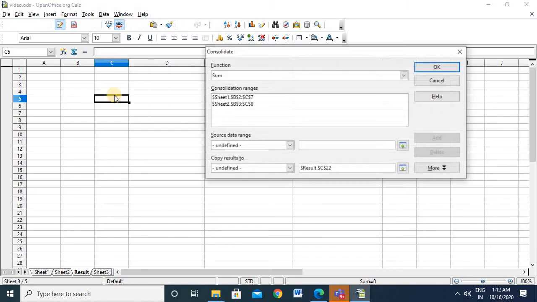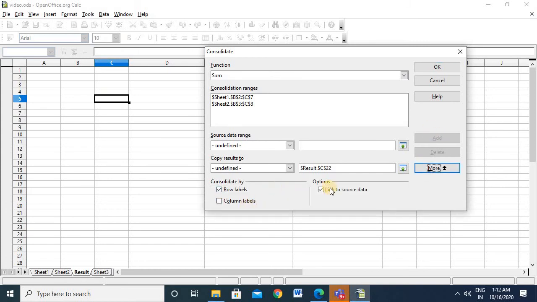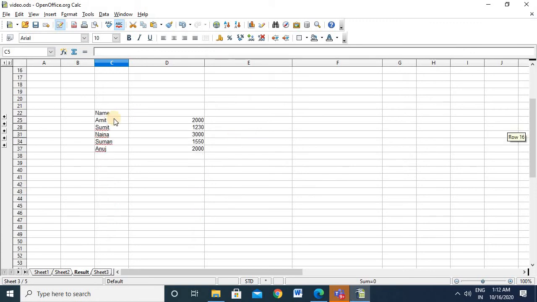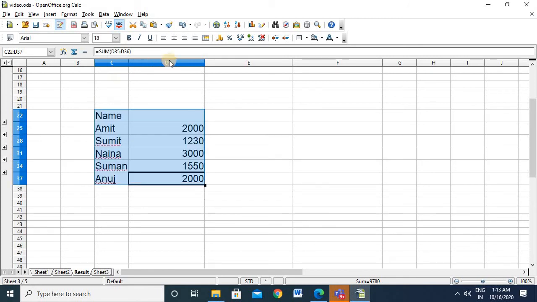If the sequence is mismatched, but still you can see it adds up according to the match, and this is the beauty of this function.